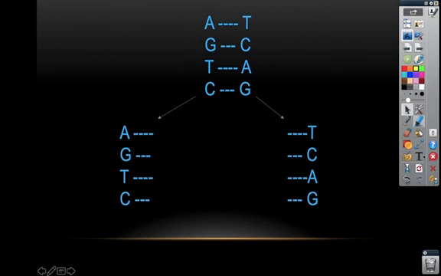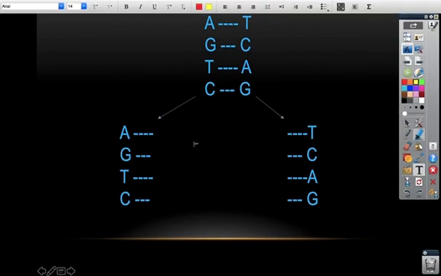Okay, so as I said earlier, DNA replication is semi-conservative. So when we say that replication is semi-conservative, we mean that each old strand or original strand will serve as a template to build the new strand. So if you look here, this was my original DNA molecule, and using the base pairing rules, you can see how they pair together. So on one side of the molecule, there's A for adenine. On the other side, there's T for thymine. Then you have G for guanine, C for cytosine. T for thymine, A for adenine. C for